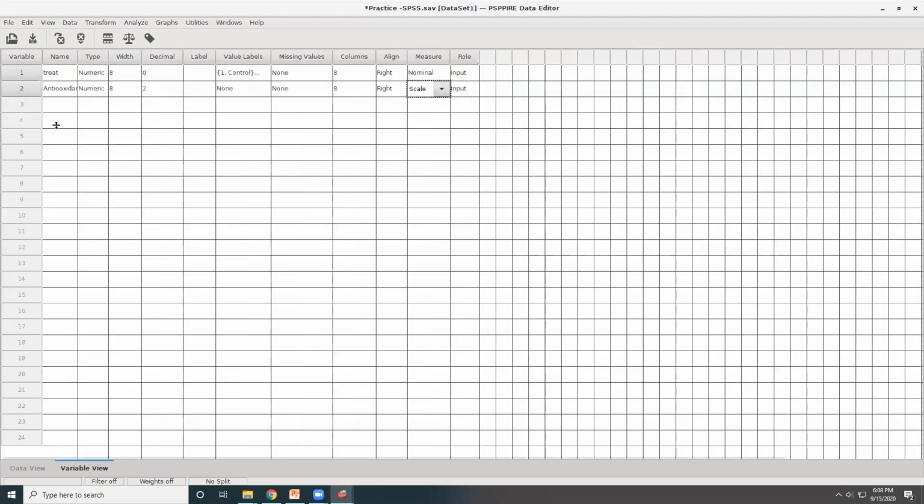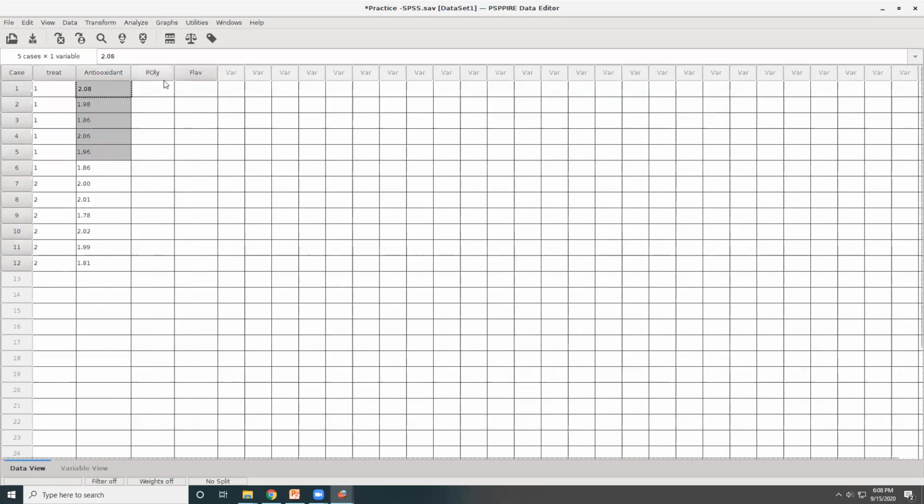In a similar way, if you want, you can add here the different variables, whatever you have measured. For example, polyphenol, flavonoids, and then you can go with scale. Once you go in data view, you will see that these 2 columns have been activated, and you can paste the values over here for polyphenols and flavonoids. And then you can select it,